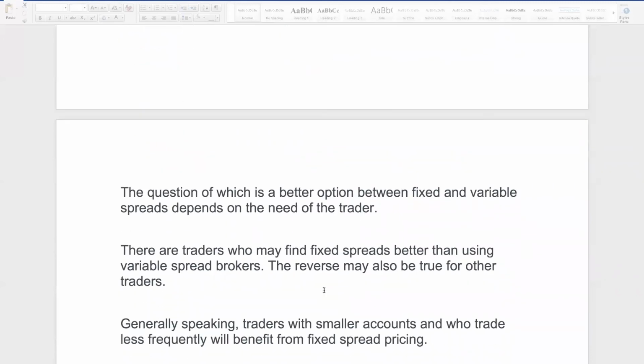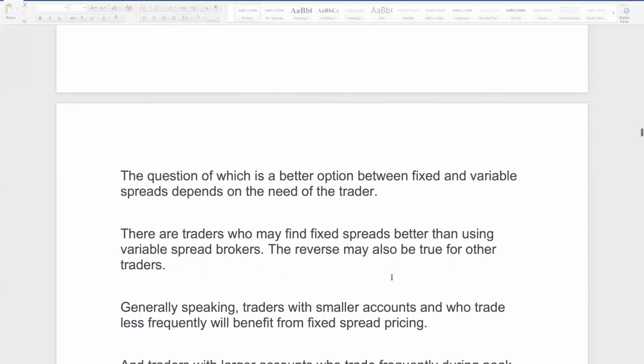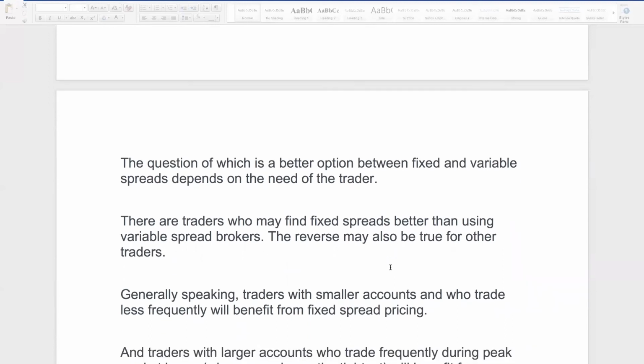The question of which is the better option between fixed and variable spreads depends on the needs of the trader. There are traders who may find fixed spreads better than using variable spread brokers. The reverse may also be true. Generally speaking, traders